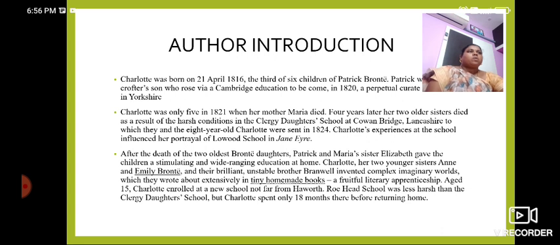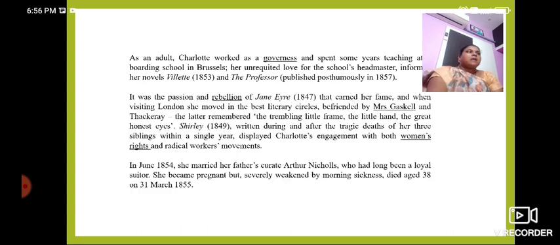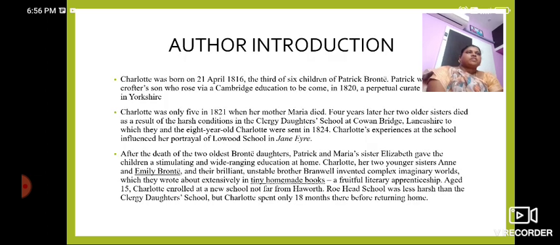Charlotte was born on 21 April 1816, the third of six children of Patrick Bronte. Patrick was an Irish crofter's son who rose via a Cambridge education to become in 1820 a perpetual curate at Haworth in Yorkshire. Charlotte was only 5 in 1821 when her mother Maria died. Four years later, her two older sisters died as a result of harsh conditions in the clergy daughters' school